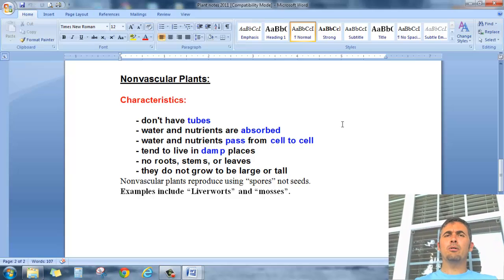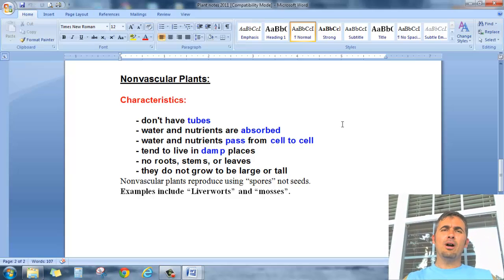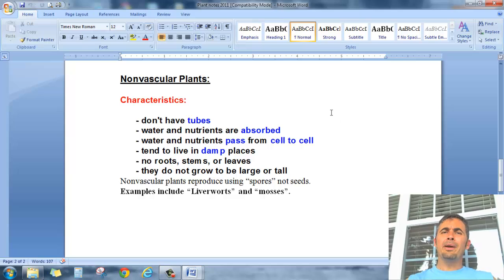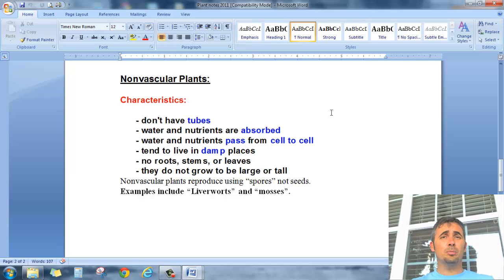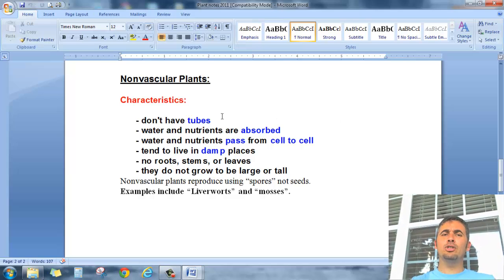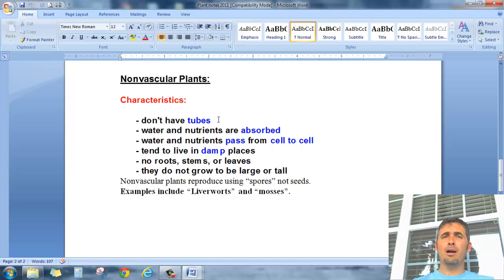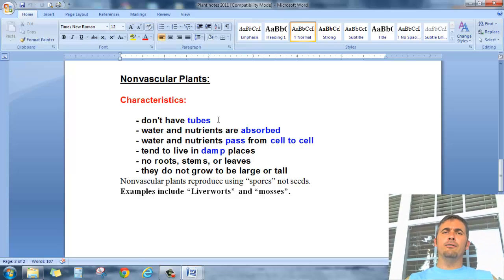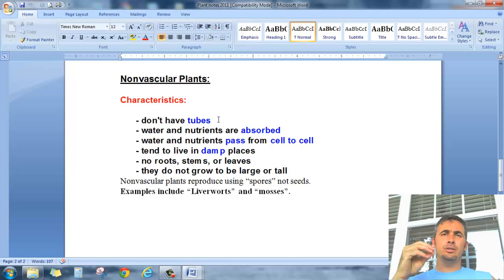Just real quick, I want to talk to you about what makes non-vascular plants so different from a vascular plant: they don't have the tubes that we talked about vascular plants having. They don't have the xylem and the phloem tubes. And instead of moving water and nutrients and the food throughout the plant using those tubes, instead they absorb water